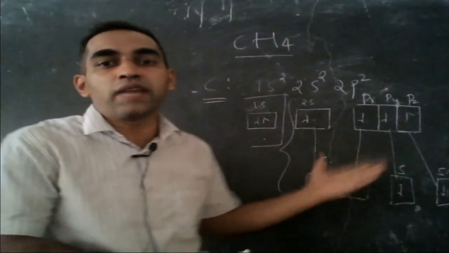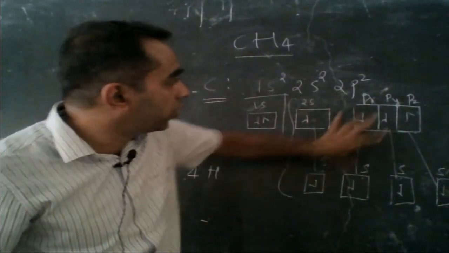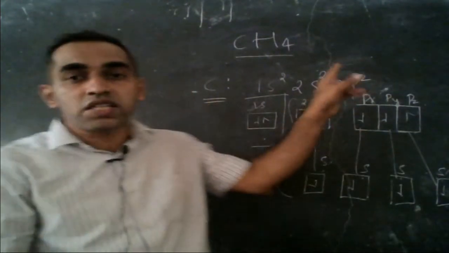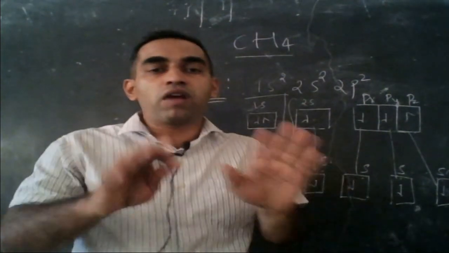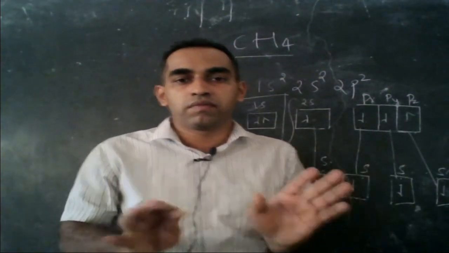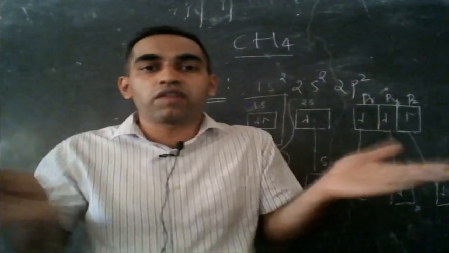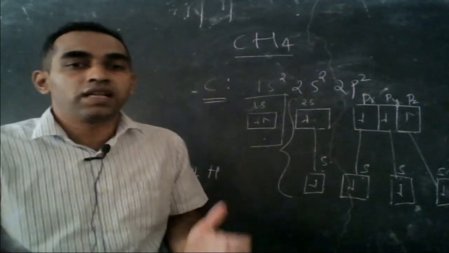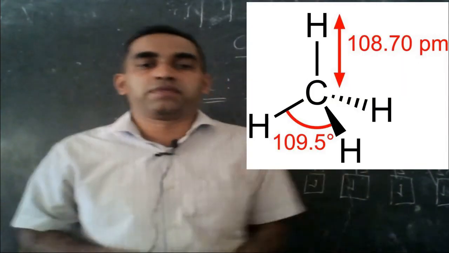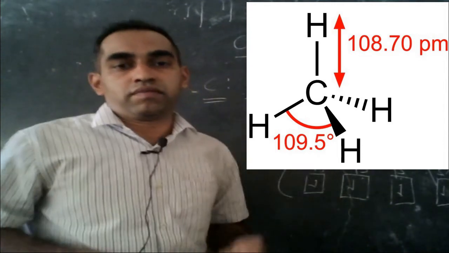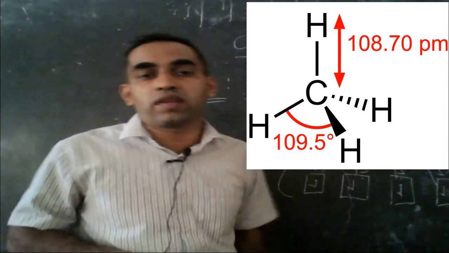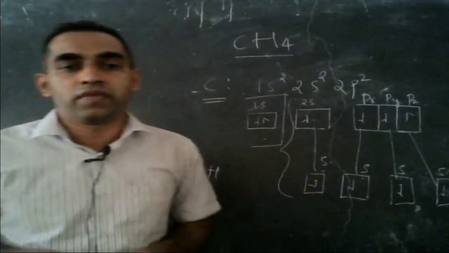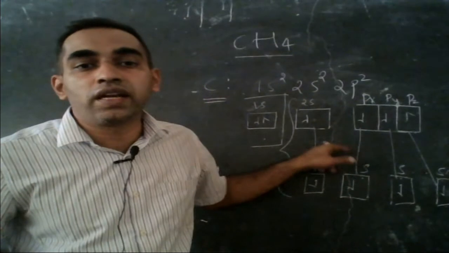So, these are different types of orbitals or different types of bonding here: s-s bonding, p-s bonding, p-s bonding, p-s bonding. But if you see the structure of CH4, all 4 C-H orbitals, that is the molecular orbitals, are all the same, having the same energy, the same bond length and bond angle. Bond angle is 109 degrees 28 minutes and the C-H bond length is 1.09 angstrom. You cannot explain this using valence bond theory only.